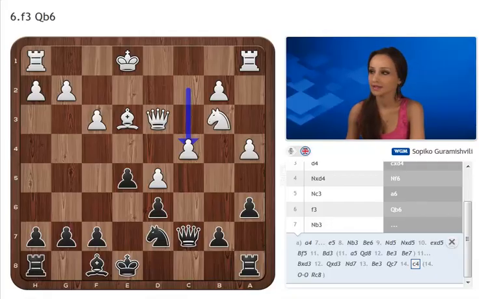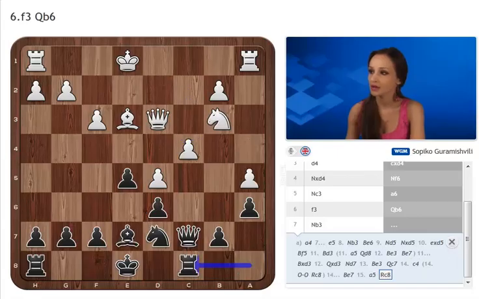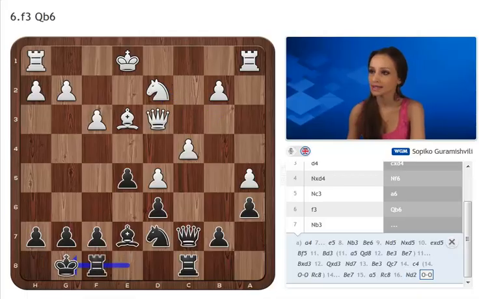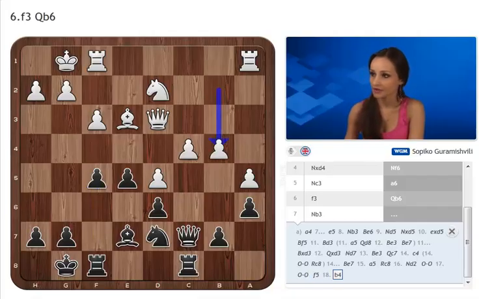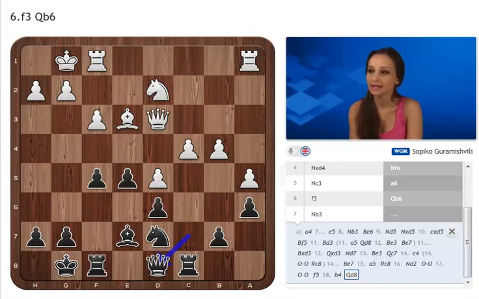Black naturally develops a5 to gain space on the queen side, rook c8, knight d2, protecting the c4 pawn, castles, castles, and f5. So here we have the typical position of the Najdorf when Black attacks on the king side and White attacks on the queen side. After b4 and queen d8, the position is pretty complicated, but I think that it's not worse for Black and Black is doing totally fine. Let's go to the main line,